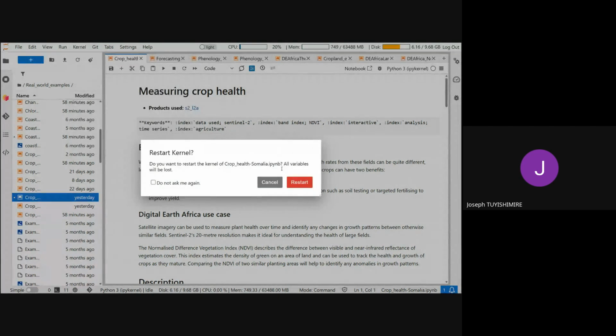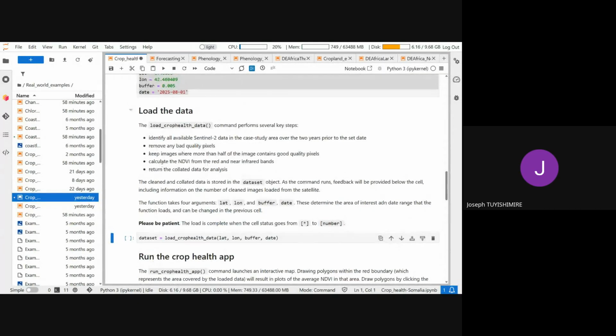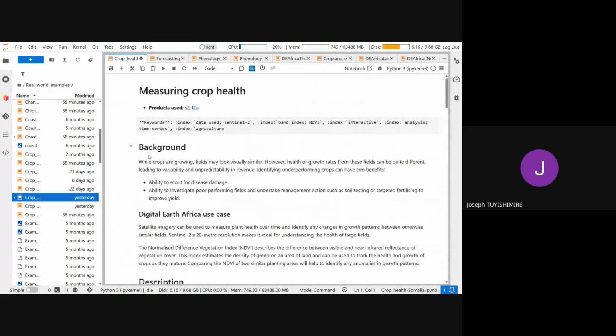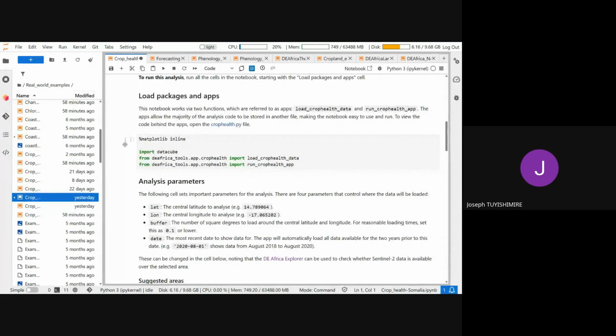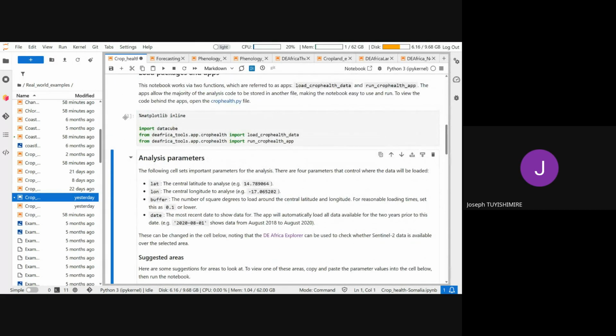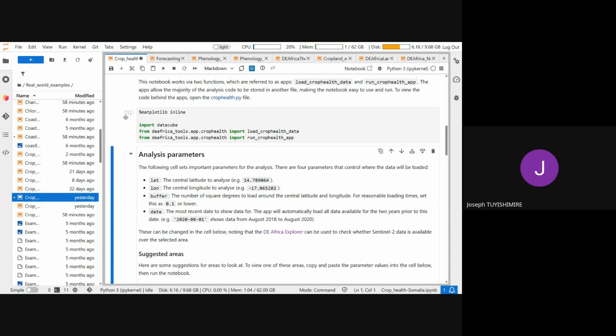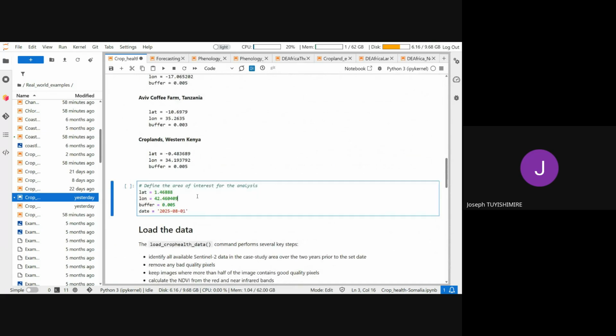It means that we're starting our analysis, and you could see that each cell is empty. There's no number on this side, and then you can start one by one, and the output of one cell should serve as input for the next cell. Now we are loading the packages and the functions, and this is the first cell we are running. We can go to the second cell, defining the time scale and the spatial extent, and this is being run.